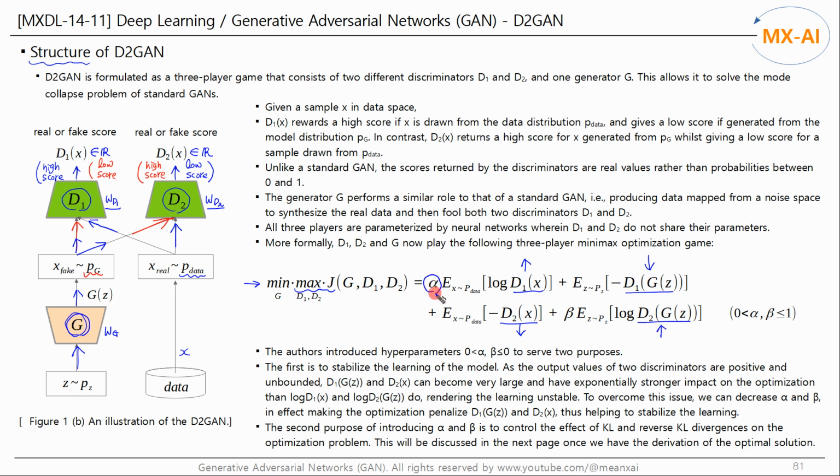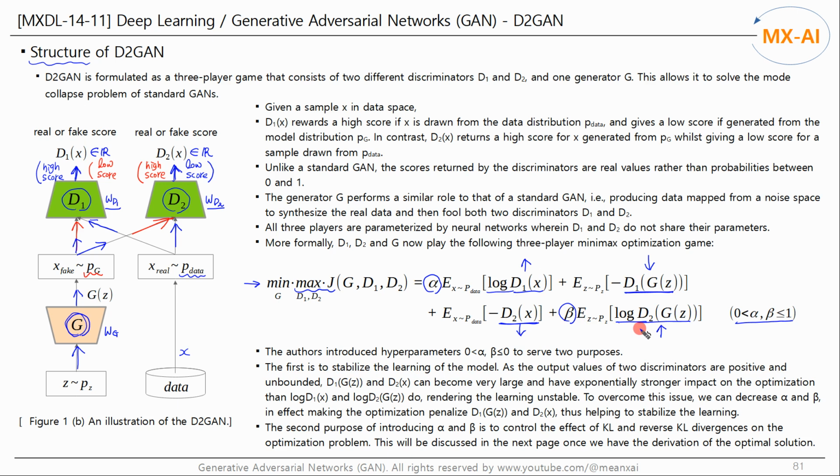The authors introduced hyperparameters alpha and beta, which are greater than 0 and less than or equal to 1, to serve two purposes. The first is to stabilize the learning of the model. As the output values of two discriminators are positive and unbounded, D1 of G of Z and D2 of X can become very large and have exponentially stronger impact on the optimization than log D1 of X and log D2 of G of Z do,